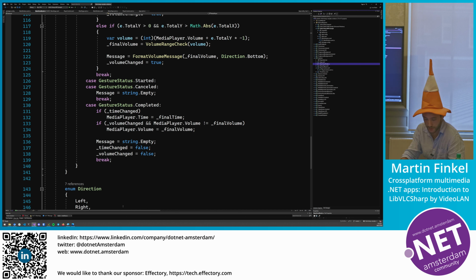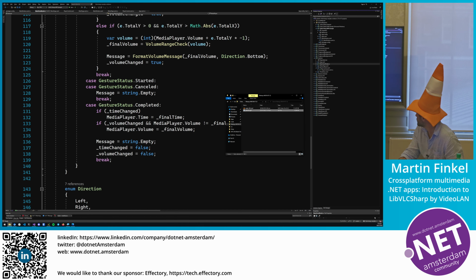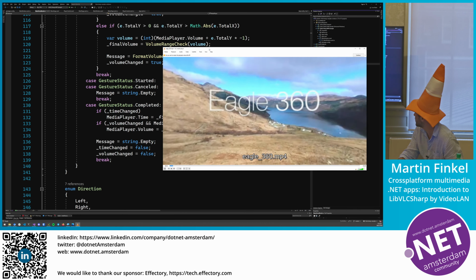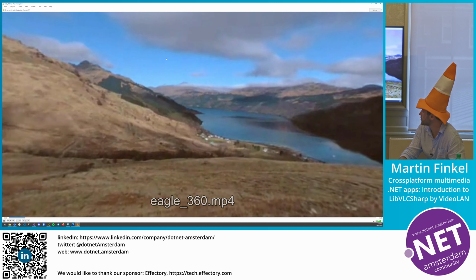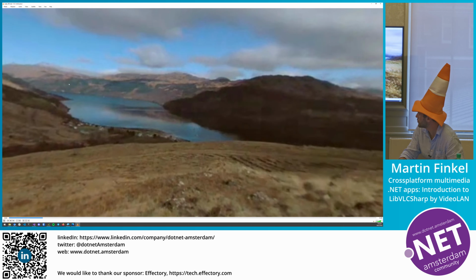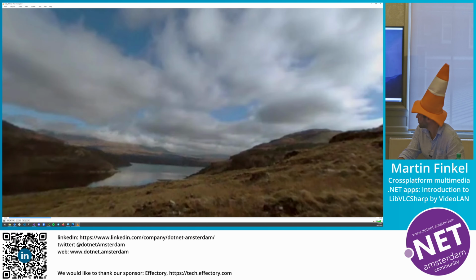This sample also has a 360 video which I'm going to show you directly in VLC because it's going to be easier. There we go. All right, so this is the VLC application, and this is a 360 video.